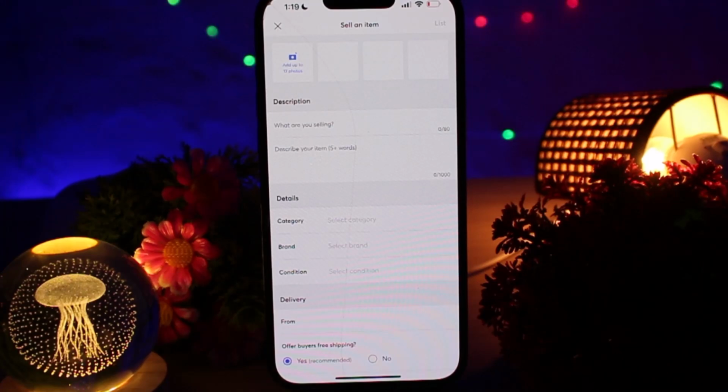It's best to bundle items that match, like clothes from the same brand or similar accessories. Once you have decided on the items, message the buyer. If someone is interested in buying multiple items, tell them you can create a bundle so they can buy everything